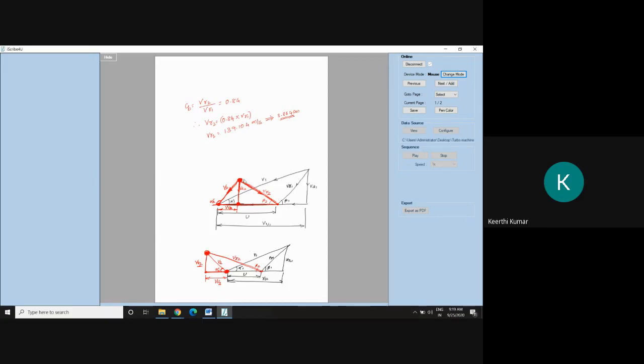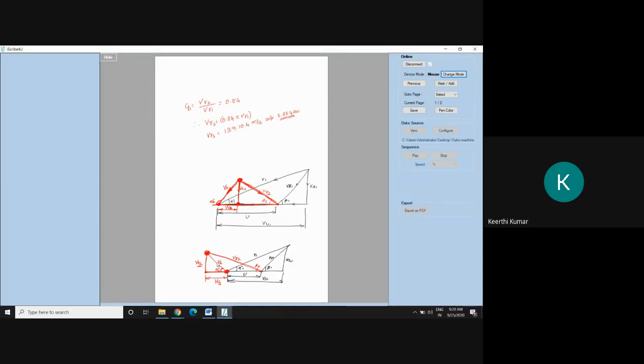As the value of VR2 is small, this apex came inside the triangle, and then we have connected this V2 at an angle of more than 90 degrees. That is, alpha 2 is more than 90 degrees here. Here alpha 2 is less than 90 degrees. Why is it happening? Because the length of VR2 is big here, but here the length of VR2 is small. I told you V2 will be of arbitrary shape, so I did not define V2. I told you to draw it arbitrarily. So this was the line I had taken arbitrarily. But here, as per this problem, V2 went like this.